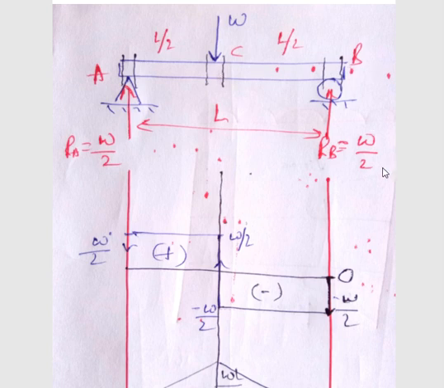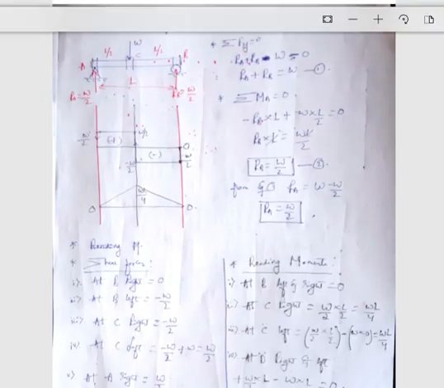Then the second equation is summation of Fy equal to 0, and the third is summation of moment about A equal to 0, or about B equal to 0, or summation of moment about C equal to 0. So first we'll calculate that. Now, how we are going to calculate that is, look here,